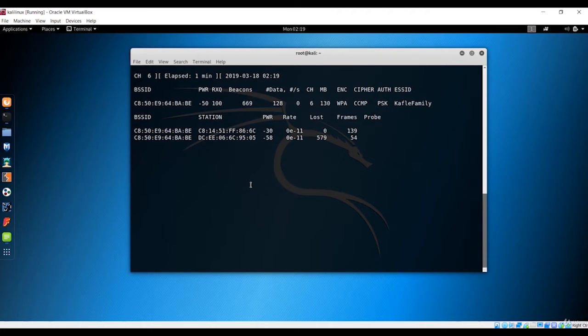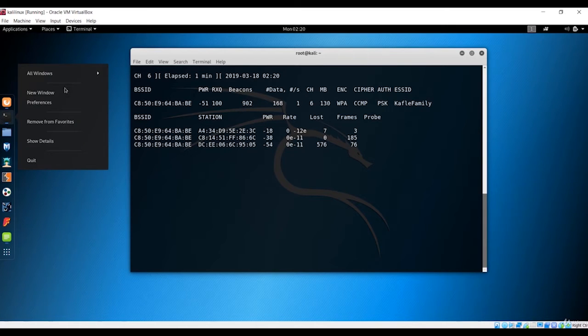But we have the next process, where we'll de-auth that client from that network. We'll make a complete disconnection of the client from the network, and after some seconds maybe, it will try to reconnect, and we'll get that handshake, and we'll see that now. So first of all, we have to de-auth.